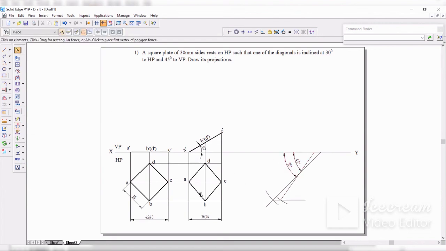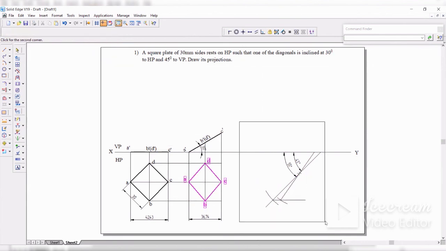Now what you should do is place this diagonal AC on this newly drawn 55° line. So for that, you will select the whole thing here, from here to here, and you want the point C to be placed on this point. You can use the zoom command here if you want.